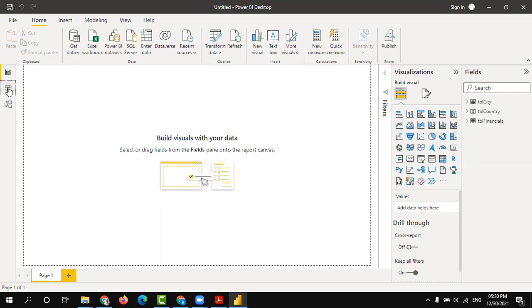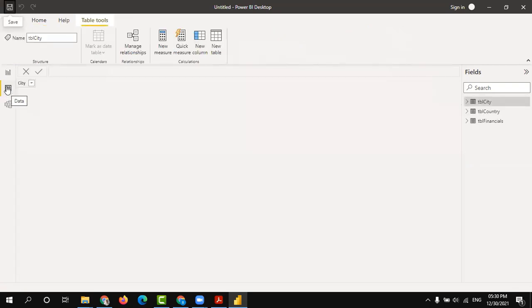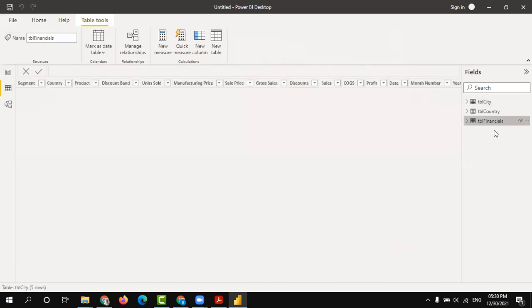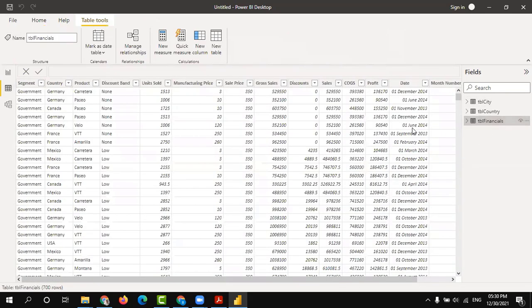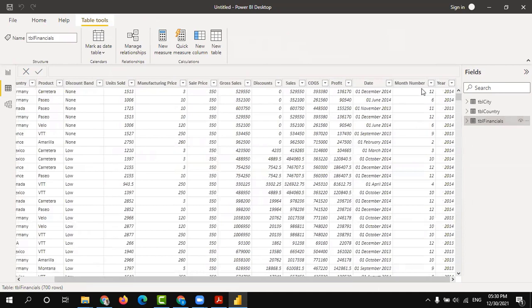In the Power Pivot, you can go to the second icon and financials. Here also we can add the month name. Be careful to select the options.